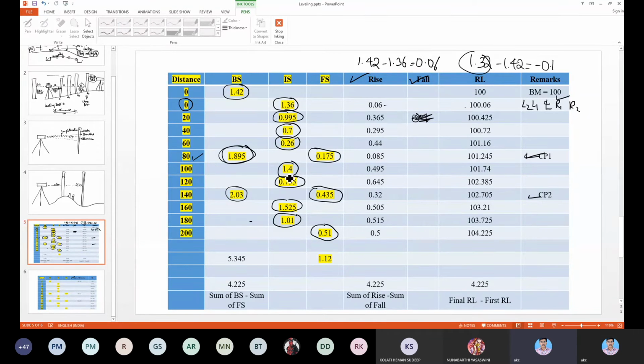Now once you know these levels and you know the distances, you start developing the profile. Let me go to this one.